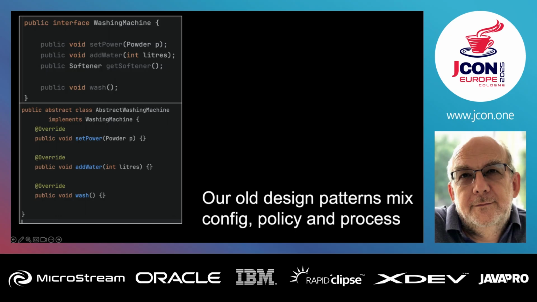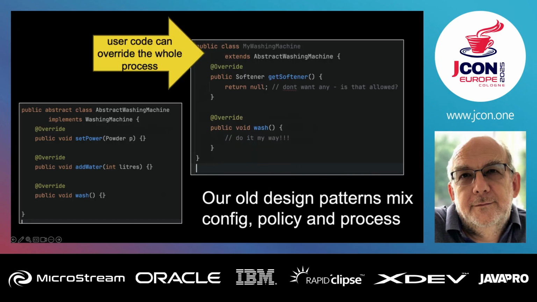So let me just do this in code again. With that whole idea, I have an interface called washing machine, blah blah blah, and I have an abstract class, abstract washing machine, because if we're following AWT rules, that's what you have. Interface, abstract thing. Pretend it's got code. It doesn't have code there, but pretend it does. Right, now the user code can override that because we've made it abstract. We can't make it final, of course, because we want them to override it. Or they can actually go and implement the interface themselves.